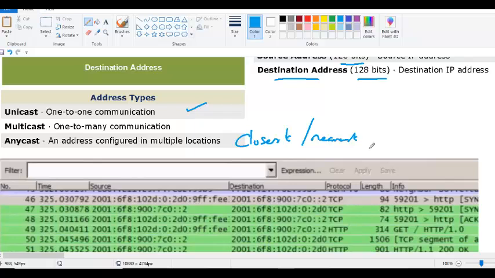Did you understand these three types? What about others? Now you see,